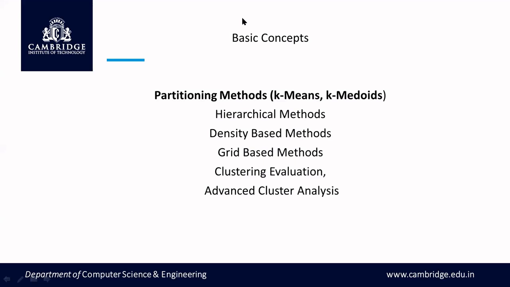Okay, so we'll start with today's discussion. The first method of clustering is the partitioning method. In partitioning method, there are two types, that is k-means and k-medoids. A widely used method for clustering is k-means. So in today's class, we will deal with k-means clustering, and we'll also see what its pros and cons are and what led to k-medoids, which is one more method of clustering.